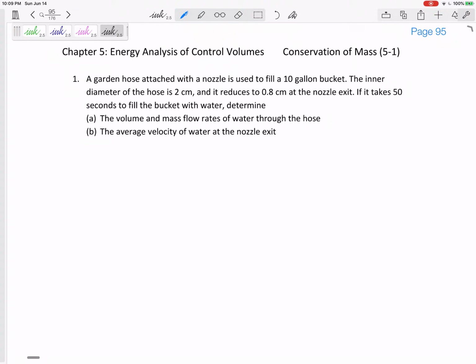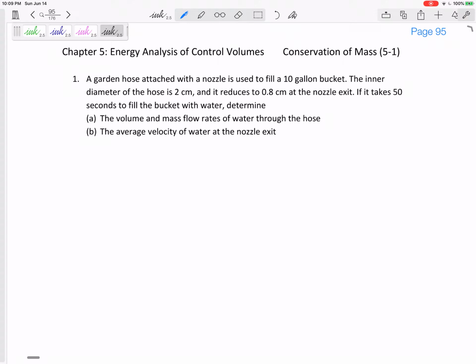Okay, so let's think about mass flow rate, volumetric flow rate. We've got a garden hose attached with a nozzle. It's used to fill a 10-gallon bucket. The inner diameter of the hose is 2 centimeters. It reduces to 0.8 centimeters at the nozzle exit. If it takes 50 seconds to fill the bucket with water, determine the volume and mass flow rates of the